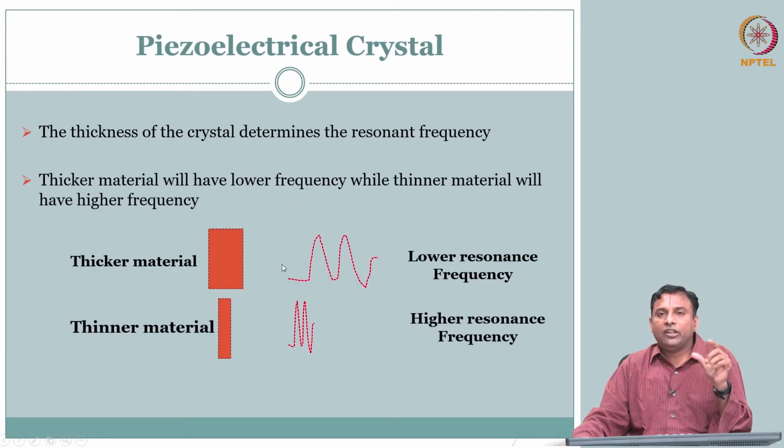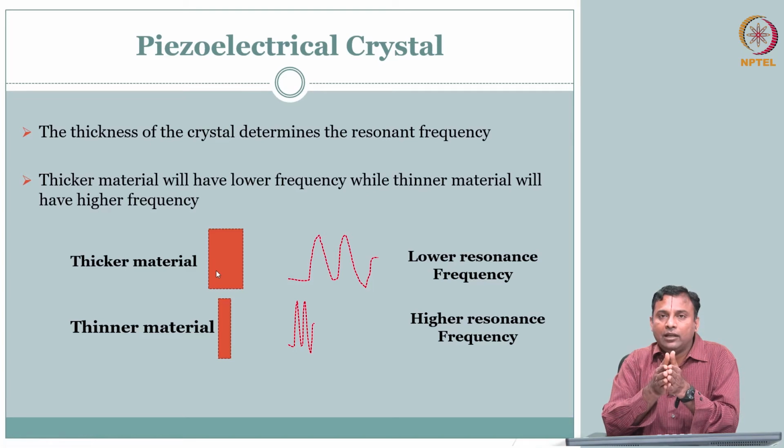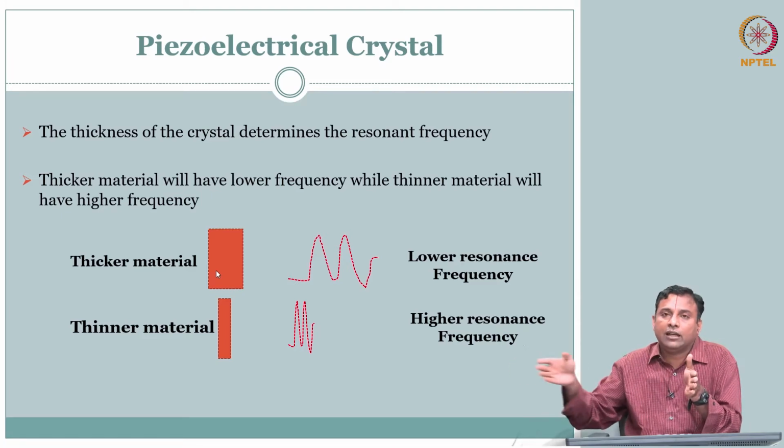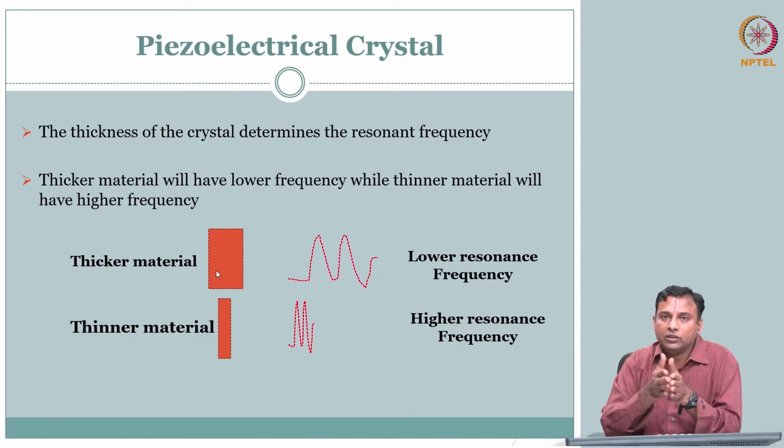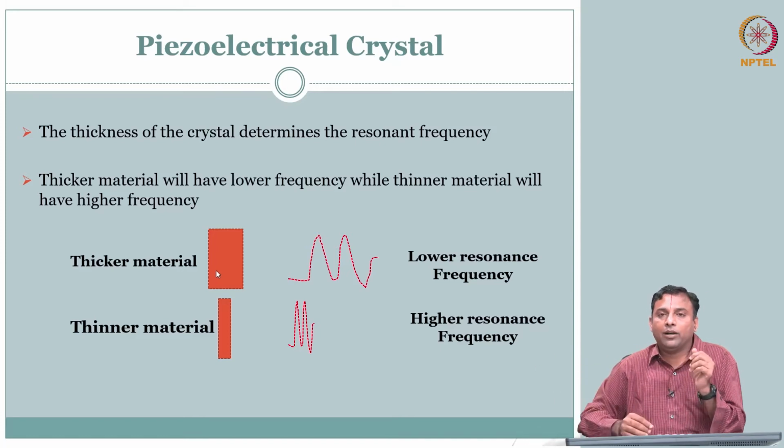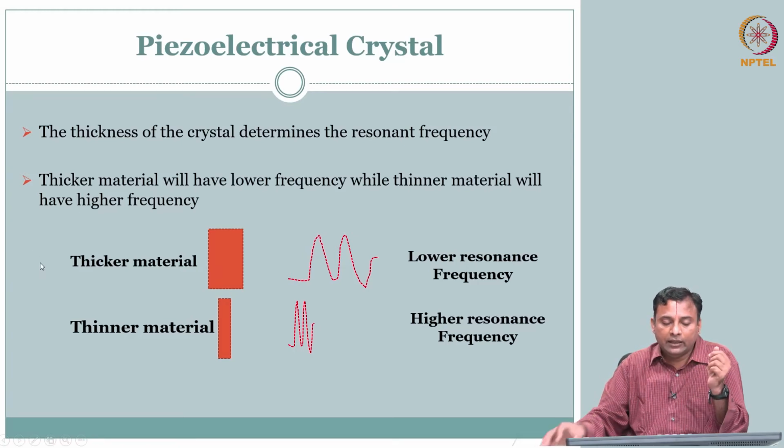So at the first level we talked about size and shape, just to give a feeling for that. So the thickness of the material, right. We want a material, and we are interested in only one kind of wave. What is that? Compressional wave. So we want the material to do only this, so that the pressure wave is compressional, the plane waves that we talked about, right. So compressional waves is what we want. And depending on the frequency of interest, thicker material will usually give you a lower frequency, thinner material will give a higher frequency.